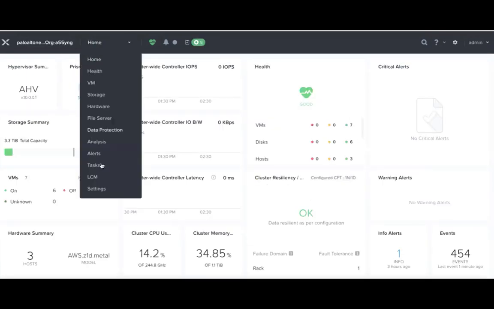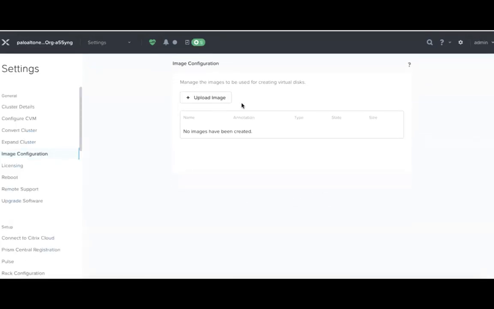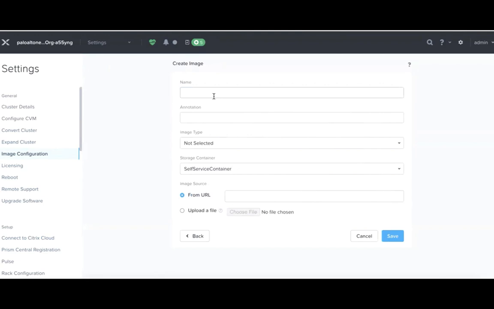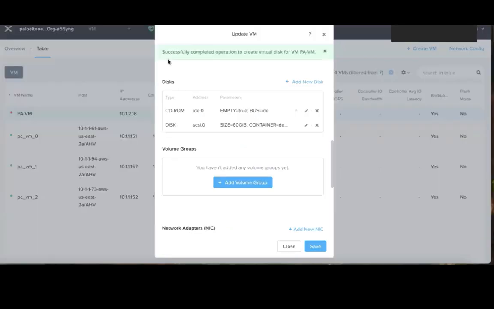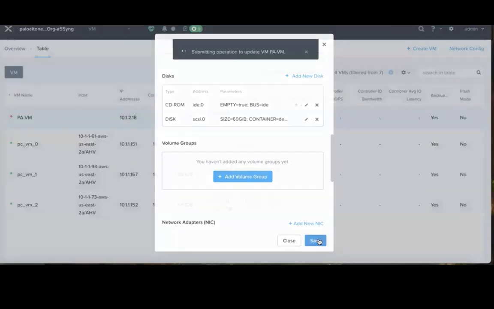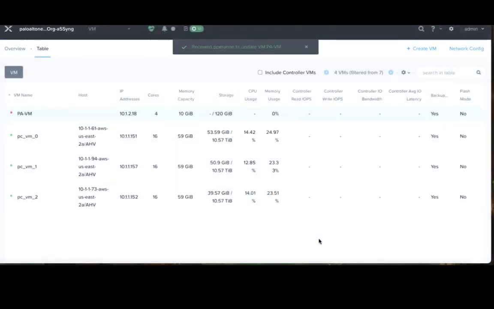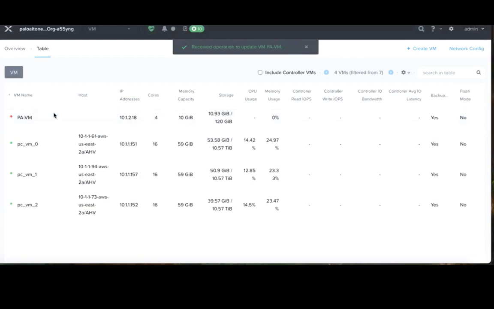Let us now upload the QCOV image of VM series to the disk. Navigate to Image Configuration under Settings for this task. You can upload the image from local machine or provide a URL. Upload begins once you save the configuration. Once the image is uploaded successfully, update the PAVM we created earlier to pick the image from the disk. Save the